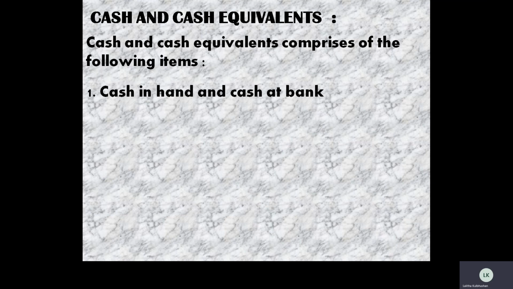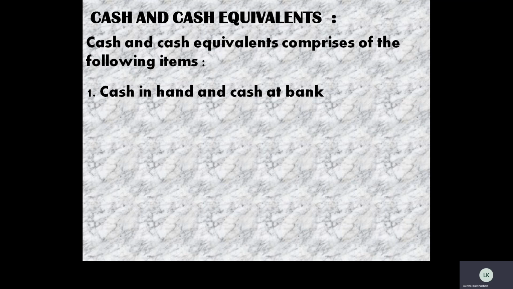The term cash and cash equivalents basically means all those items which are just like cash, in the form of cash in hand or cash in bank, or the liquid instruments which can be immediately or readily converted into cash. So both these things together are treated at the same level in the cash flow statement.